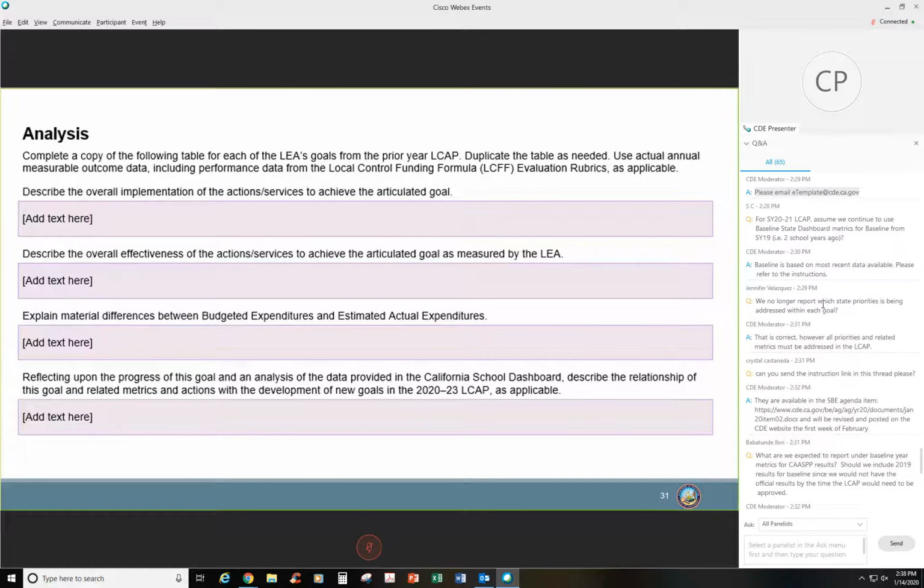This prompt has been changed to reflect the culmination of the 2017-2020 LCAP. The final prompt asks LEAs to reflect on the goal and what effect, if any, this goal has on informing the 2020-2023 LCAP.